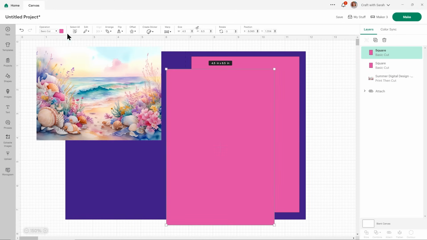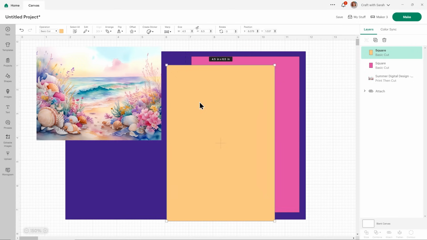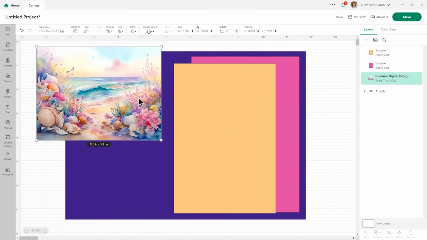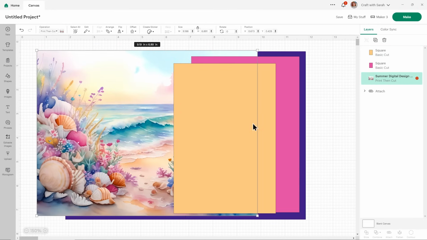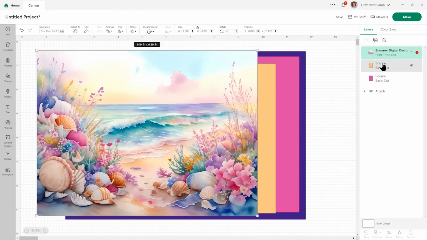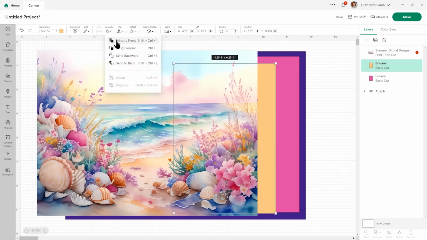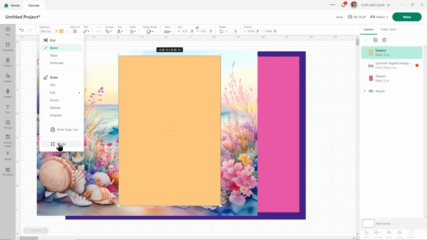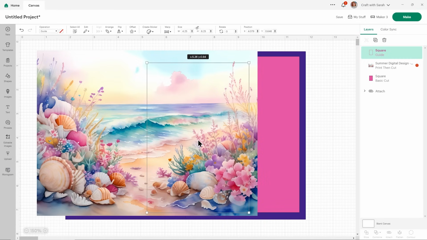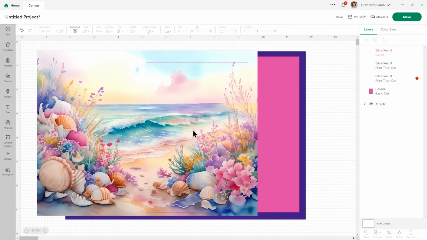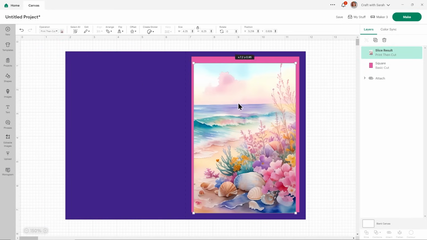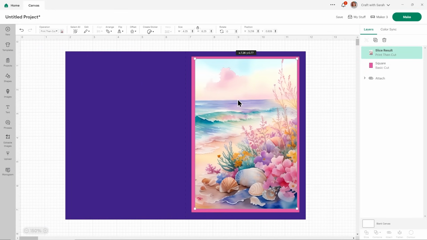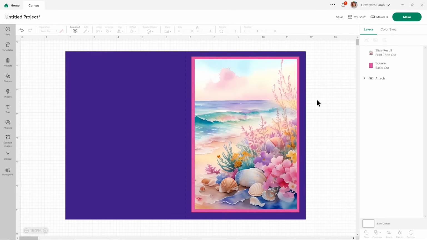Duplicate that one. I'll make it a different colour just so this next bit's easier to see. And go a little smaller, so 4.25 by 6.25. And then I'll need to make that a little bigger. Let's bring that to the front and then bring that one. Change it to a guide. And now choose the part of the image you want to have on your card. Select both those layers and slice. Delete what you don't need. And now you've cropped that into the perfect size to use on a greetings card.